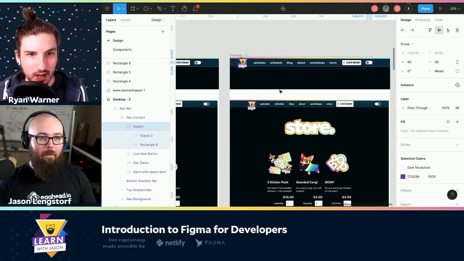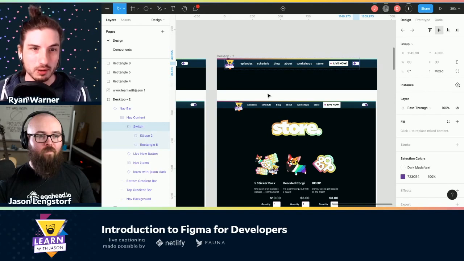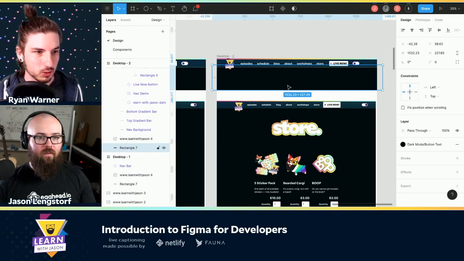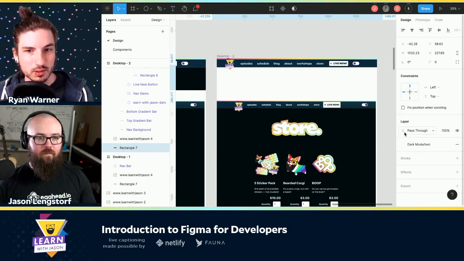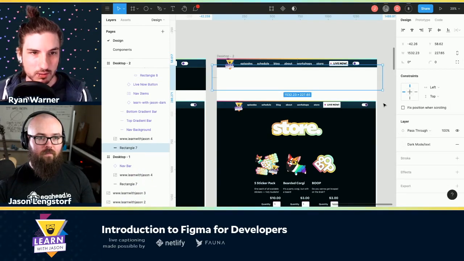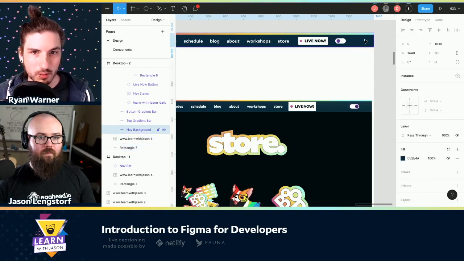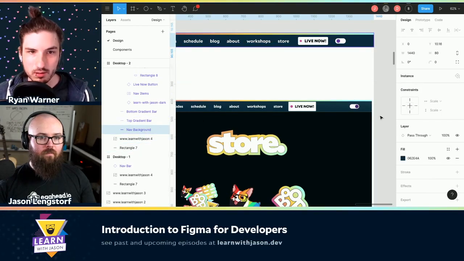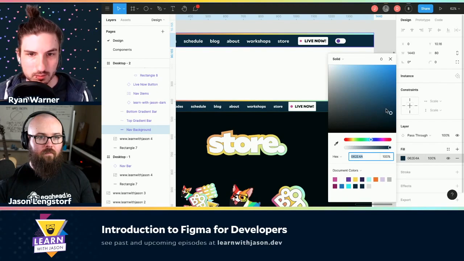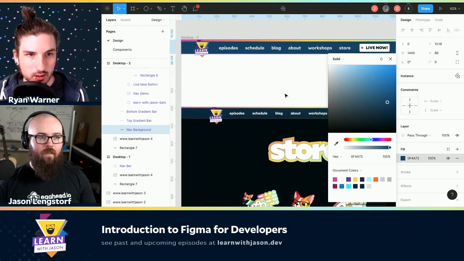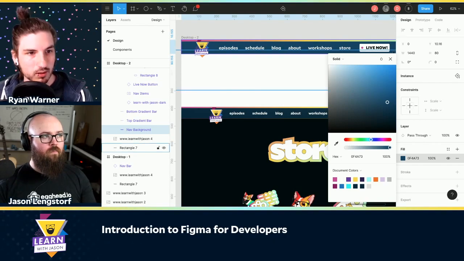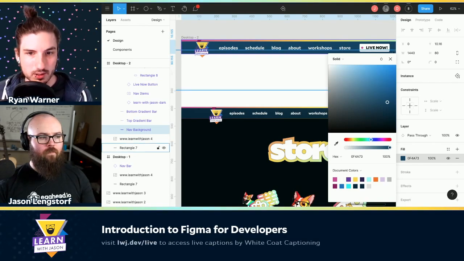That's okay. But I just kind of want to demonstrate how I would go about doing light mode and dark mode, while also keeping things organized in components. So let's override the background color of our navigation and just make it a little bit of a lighter blue or something. Great. Yeah, that seems good. So this is still a component, still part of our nav bar component, but we have given an override to it with this background fill.